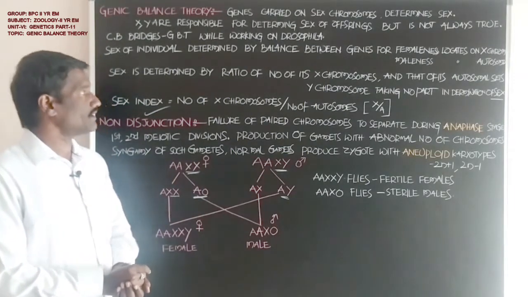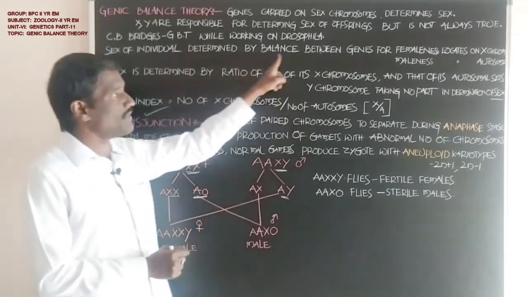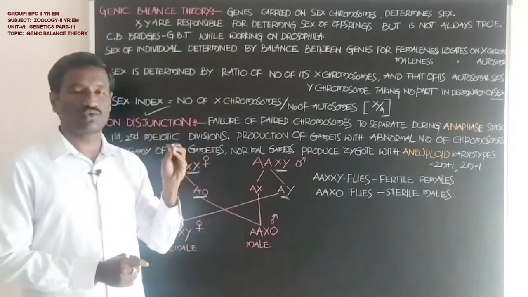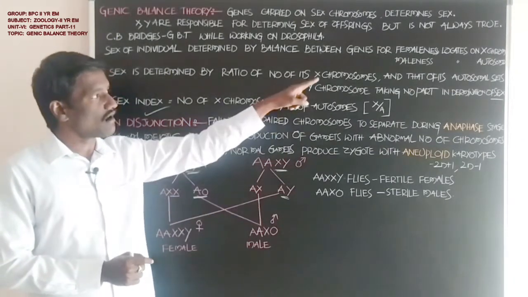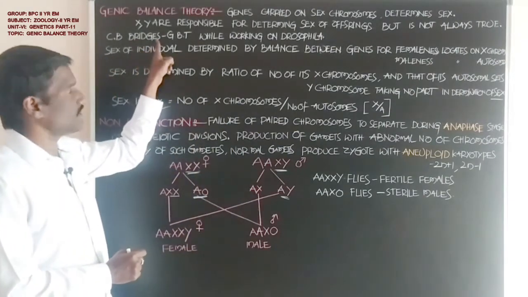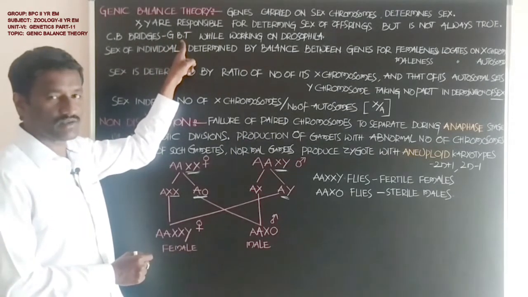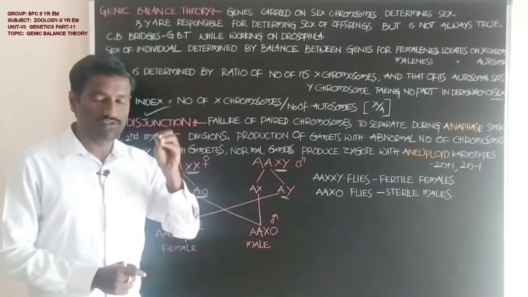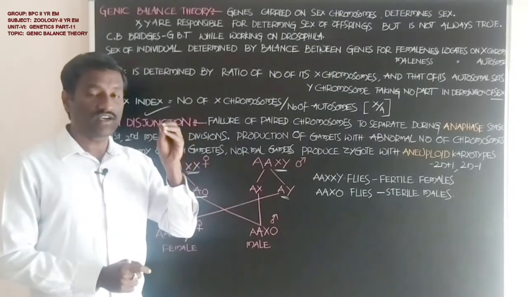Students, the sex of the individual is determined by the balance between genes for femaleness, located on the X chromosome, and genes for maleness, located on the autosomes. With the help of this, C.B. Bridges proposed the genic balance theory. By this, the sex of the individual in Drosophila melanogaster is determined